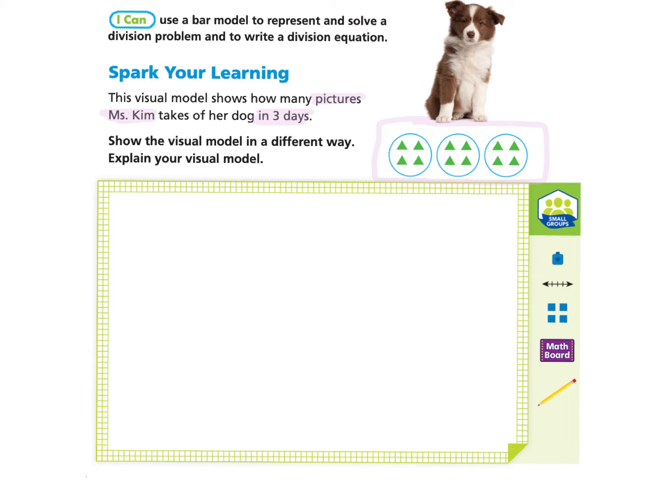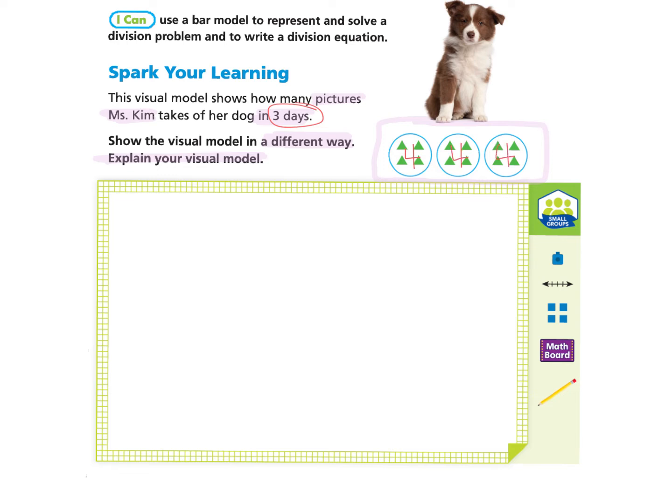Show the visual model in a different way. Explain your visual model. If you would like to pause and try this on your own and come back, you're welcome to do that. Otherwise, you can follow along with me. Let's review the facts we know. There are 3 days, and in the visual model, there are 4 pictures taken in each